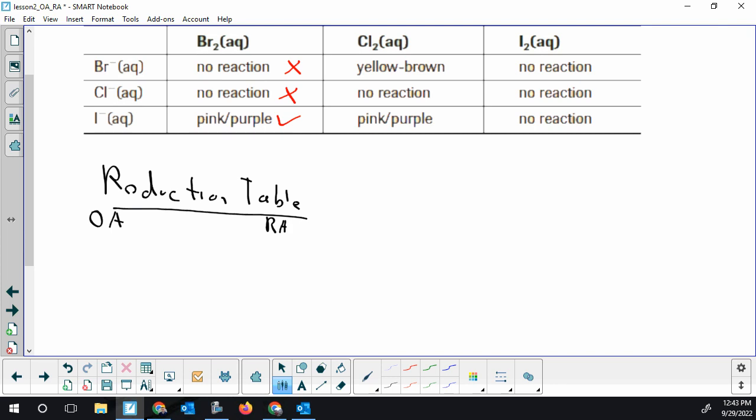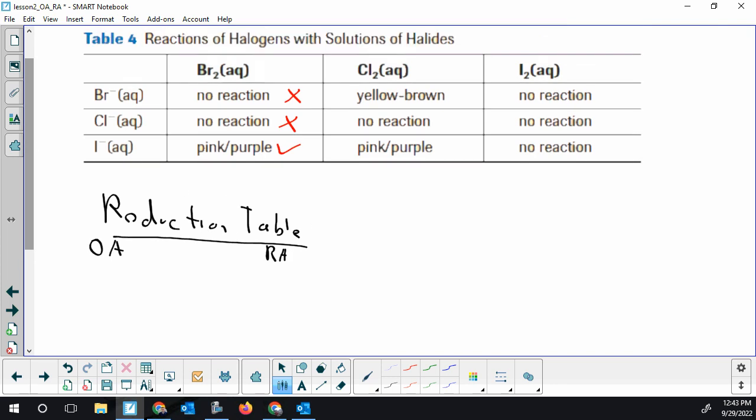Okay? And we need to get some ordering. Before we can start looking at that first red X and using that, we've got to figure out, is the top OAs or is the top RAs? There's no rule that says the columns or rows have to be certain species. So this is where our trends, our patterns can help us, or you could look at the charges, that being neutral, that being minus. When bromine turns into bromide,